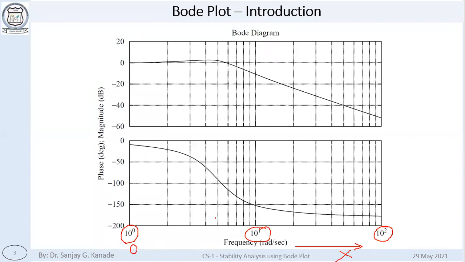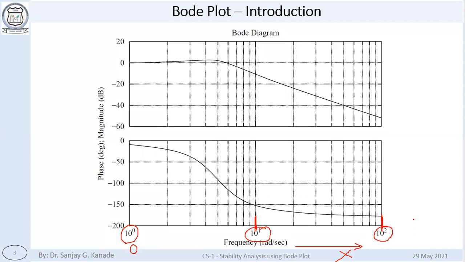Okay. Then we go to the next equidistant value, which is 10 raised to 1. Then 10 raised to 2. Then after the same amount of distance, you will have 10 raised to 3. Means what? 1, 10, 100, 1000, 10,000, like that. Multiples of 10. So what has happened? We started with 1, and within, let's say, two major divisions, I'm saying these are major divisions, within two major divisions, we reached 100.